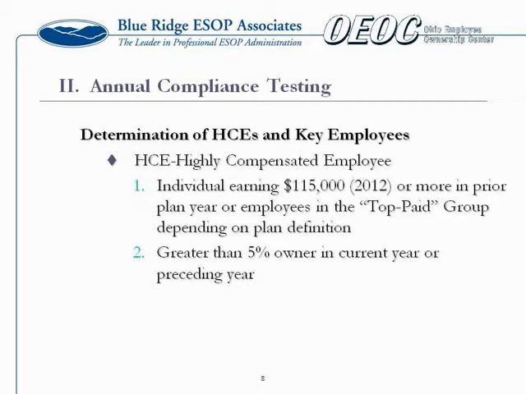Tom, could I cut in for 1 sec? Go ahead, Jay. Yeah, this is Jay. Quick question. Your timeline is prepared based on the assumption of a 12/31 plan date, right? Mm-hmm. Are the vast majority of your clients on a 12/31? Good question, Jay. Yeah, I'd say well over 70% are on a calendar plan year. We do have clients in every month of the year, and so that helps a little bit.